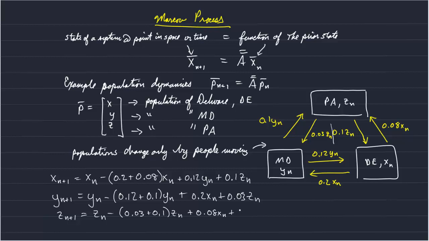Plus the 10% from Maryland that enter Pennsylvania. So here's our system of coupled equations showing the Markov process of the change in population due to movement between the three states. So we can write that as